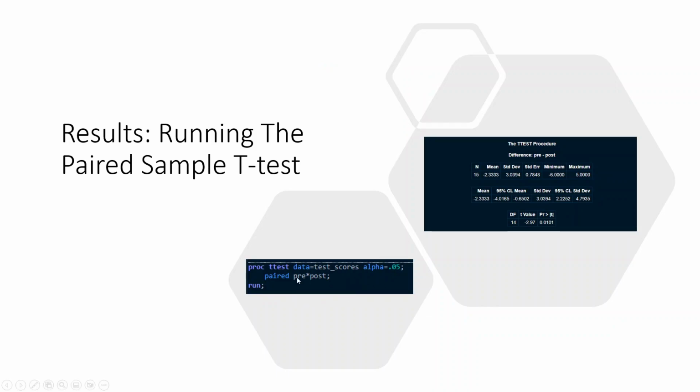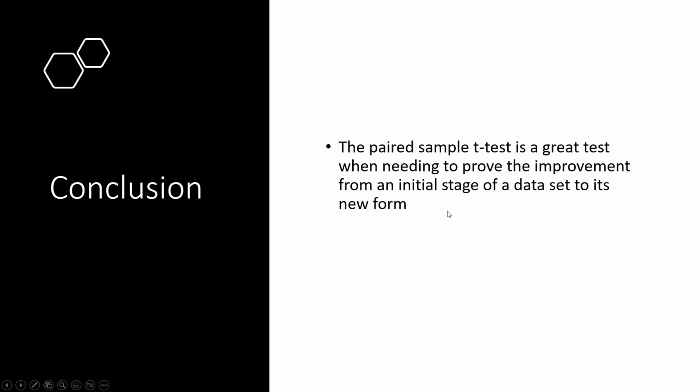And then here, this was the line that did all the magic for us, the paired sample t-test. And from this, we were given all this data along with all of those graphic visuals that I walked through. So in conclusion,